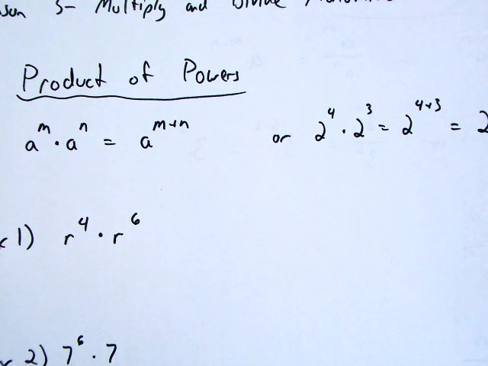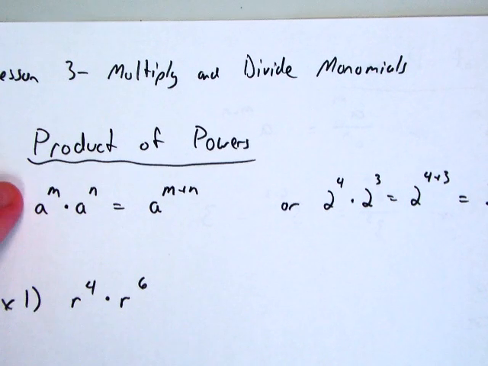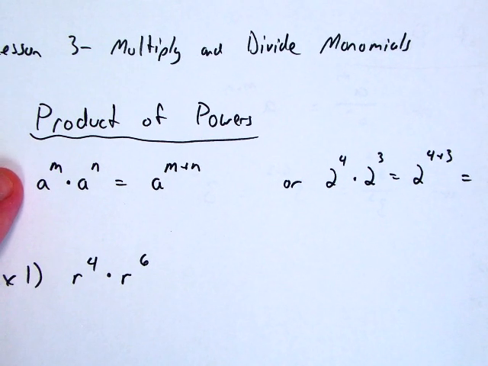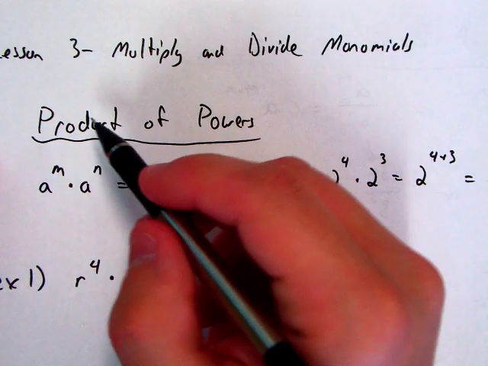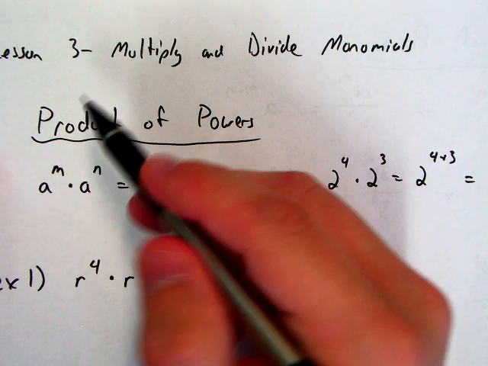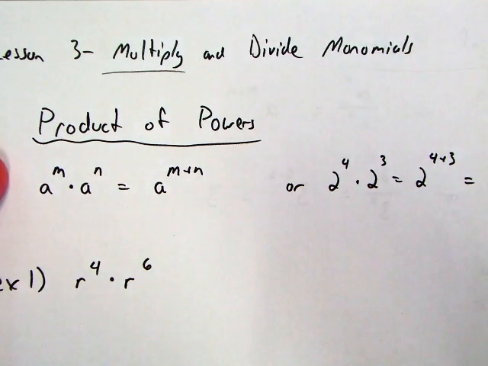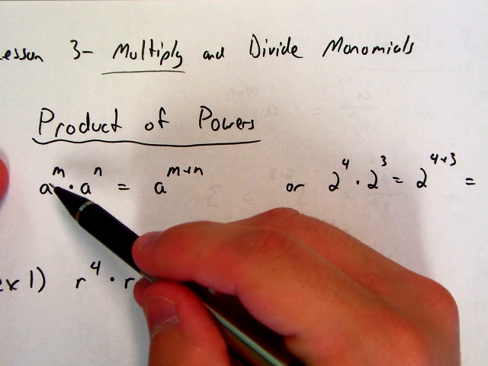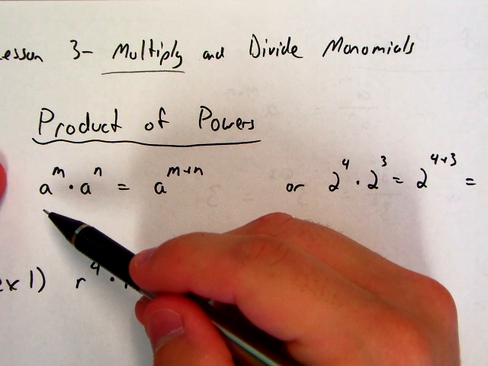Alright, so today we're going to be talking about Chapter 1, Lesson 3, Multiplying and Dividing Monomials. Now, we have a couple of different rules that we can use to help us do this. But the first one we're going to use is called the product of powers, and that's going to be specifically dealing with multiplying monomials. So what it says is A, which happens to be the base, if we remember back from Lesson 2,